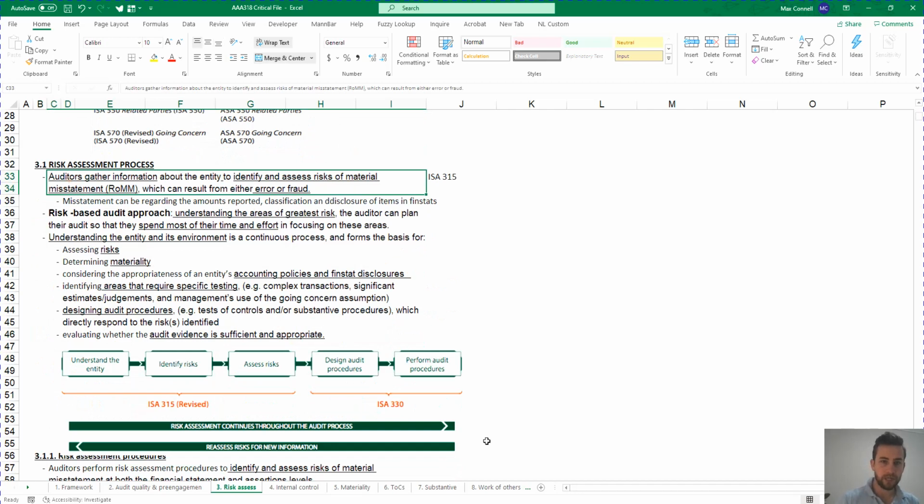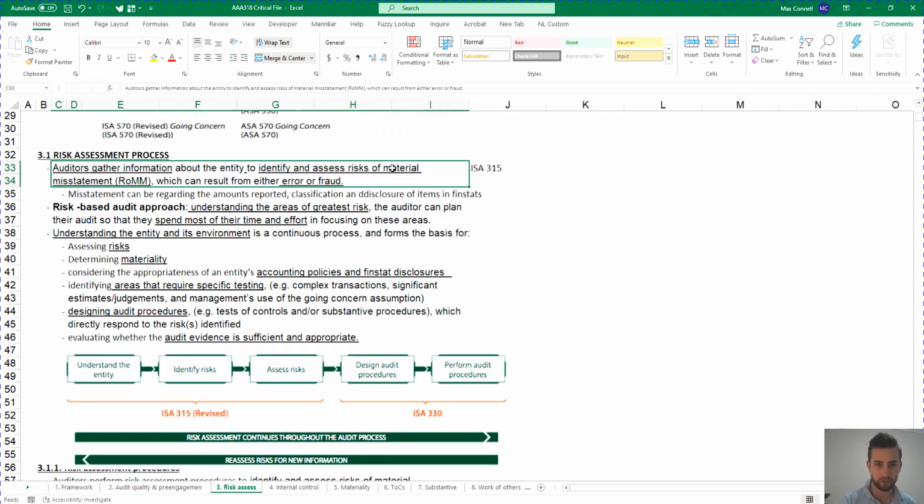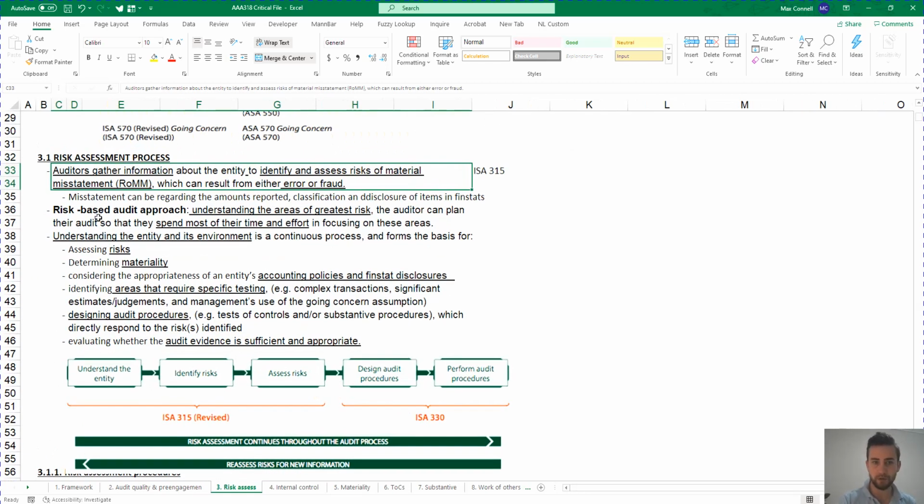So as a general overview of the risk assessment process, auditors gather information about the entity to identify and assess risk of material misstatement, or ROM, which can result from either error or fraud. Risk-based audit approach is the name of the concept that we're discussing. It's understanding the areas of greatest risks. The auditor can plan their audit so they spend most of their time and effort focusing on these risk